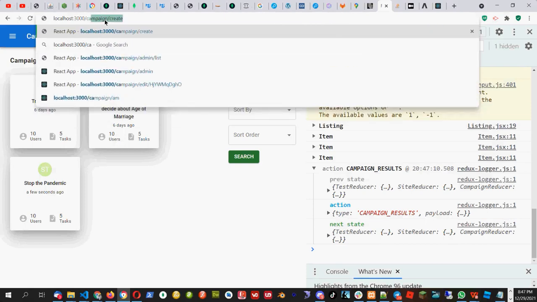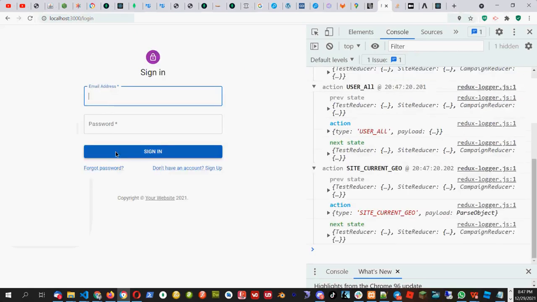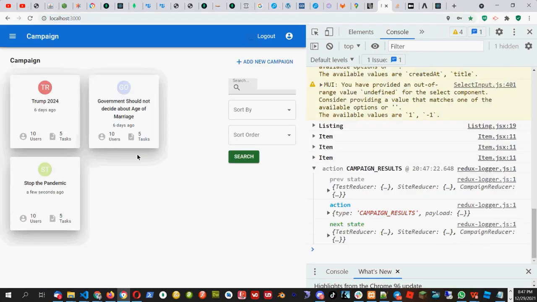We have not taken care of this one, so there is one problem. I'll tell you. Maybe admin is allowed, I'm not admin. I'm showing this Stop the pandemic here, a few seconds ago. But we should go to who is admin. Let me see.